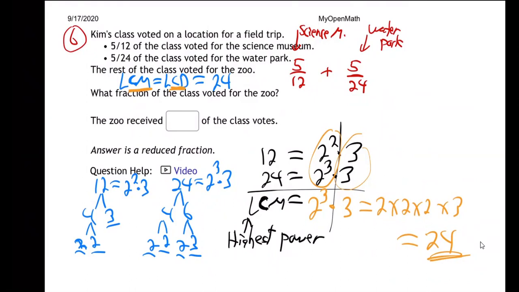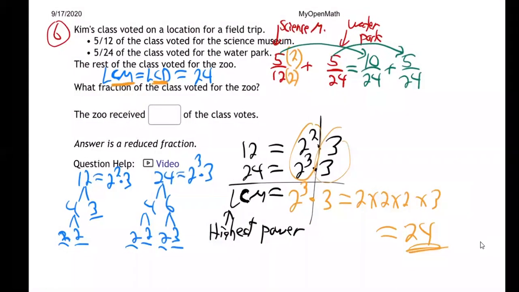What am I going to do to this fraction right here? Times by 2, top and bottom. And I don't need to do anything to the other fraction because it's already got it. So that'll become 10/24ths plus 5/24ths, right? This one becomes 10. This one stays the same. And now we can add those up and we get,